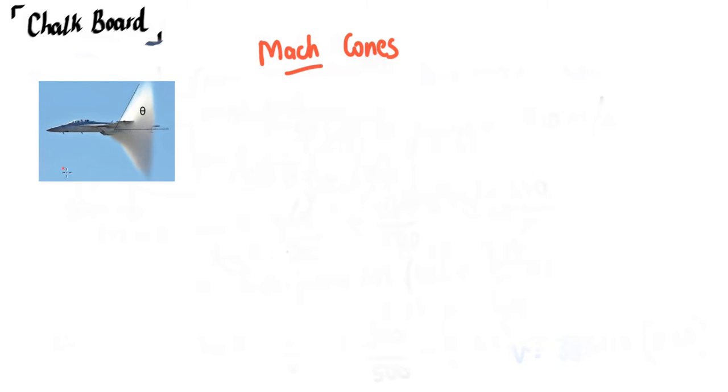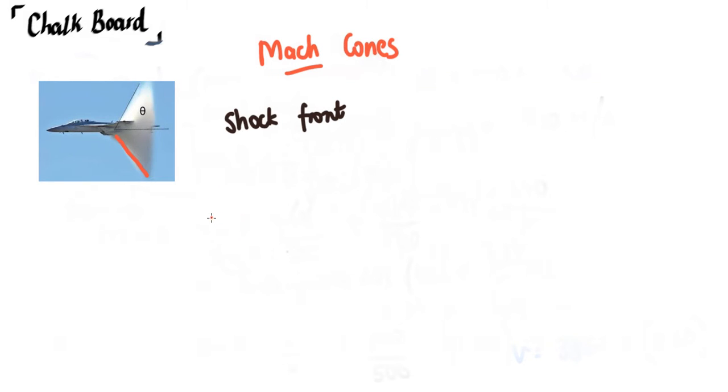If you look at the picture here of the fighter jet, we have an aircraft that's moving at extremely high velocities. Now if the aircraft moves faster than the speed of sound, it will go past the observer, so me and you, before the sound waves emitted can reach us. The waves are compressed so strongly that a shock front tends to form, and this shock front takes the geometric shape of a cone,